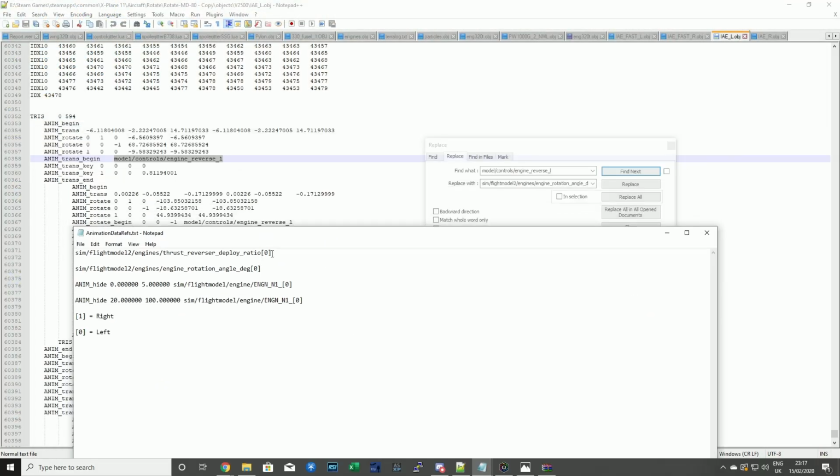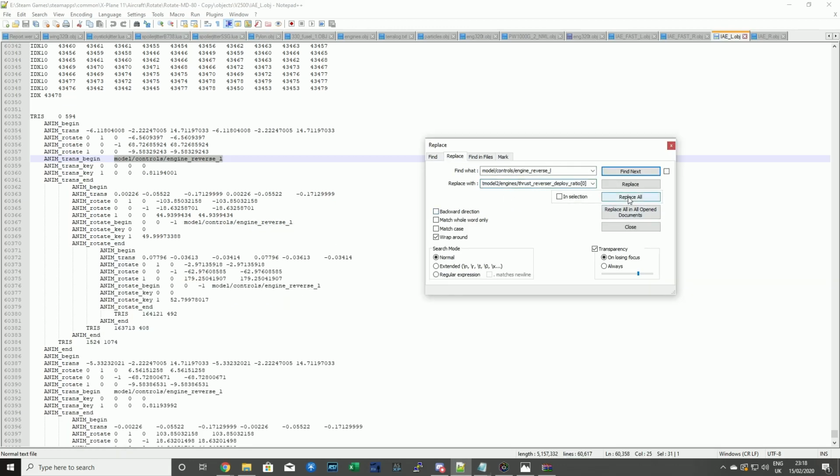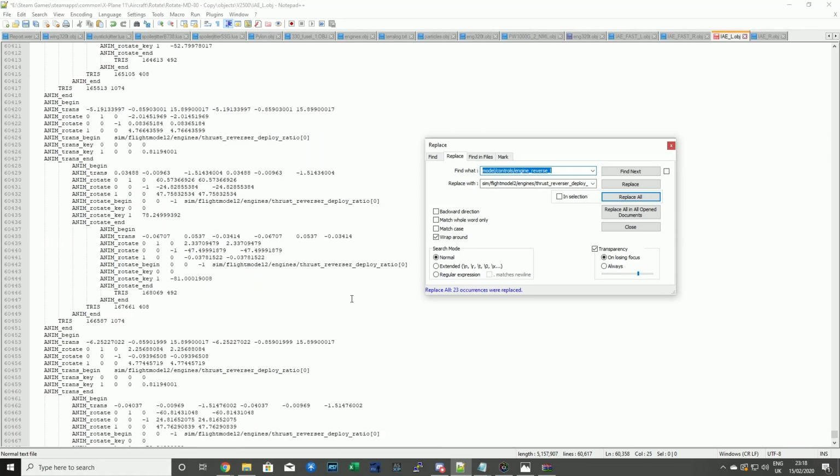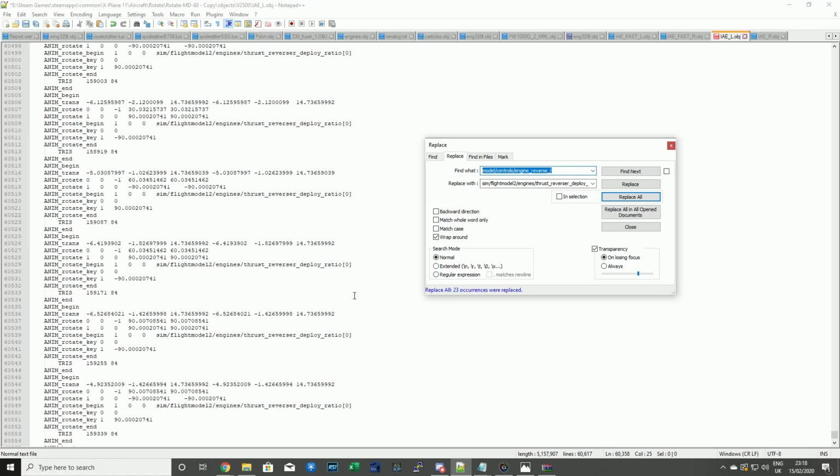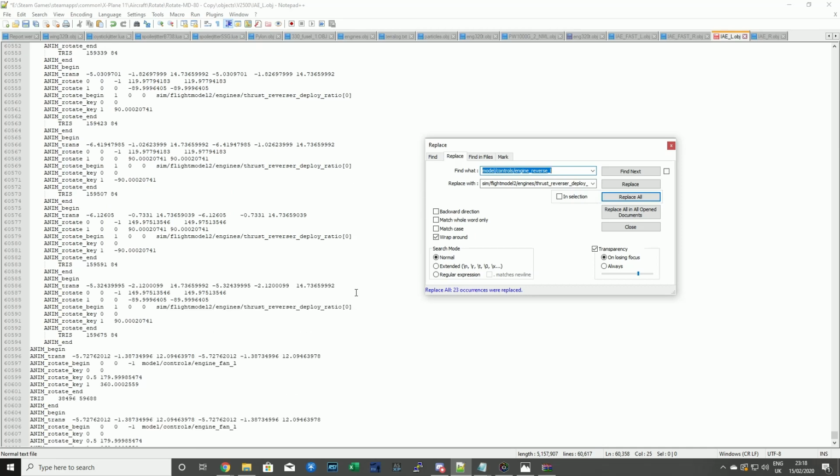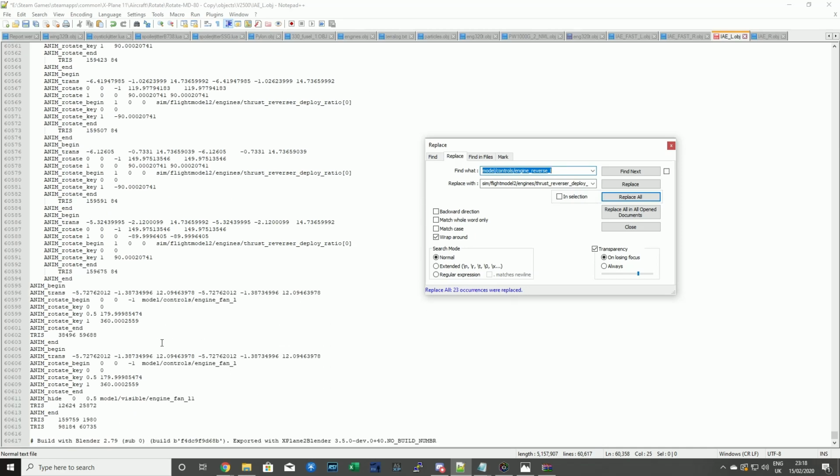Now the reverse data ref is going to be replaced by the Laminar specific thrust reverse deploy data ref. So we just copy that and put it in replace, and then we replace it all. So that's just everything replaced. You don't need to take time copying every single one. So that one's done, and if we scroll down towards the bottom actually, we